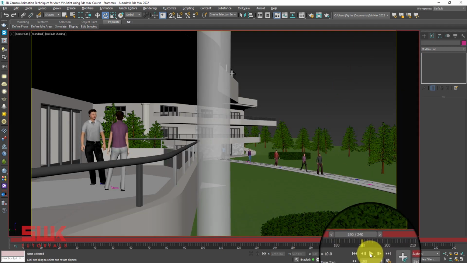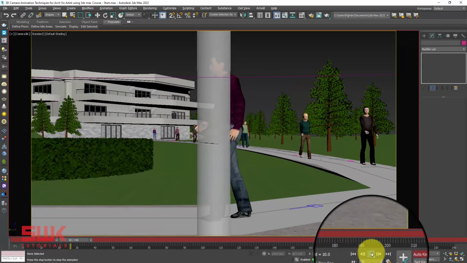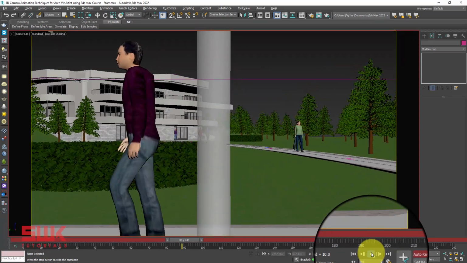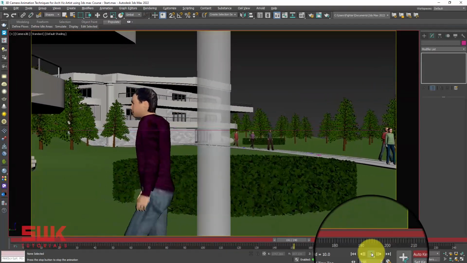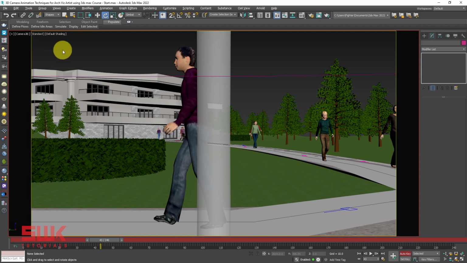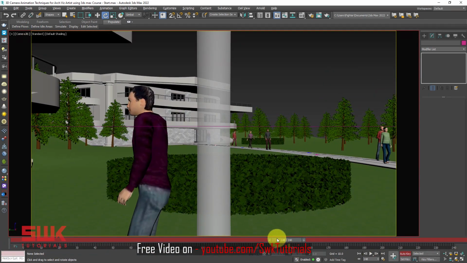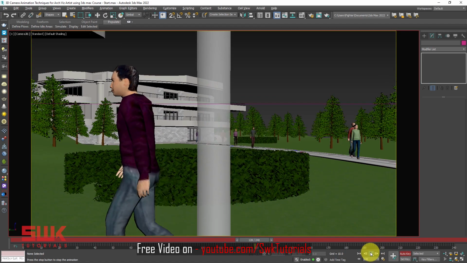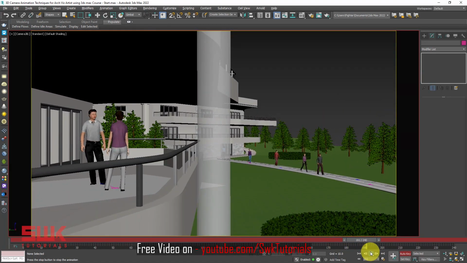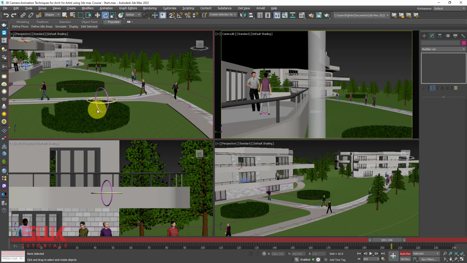Now, if I go back and play my animation, the first thing that happened is that after the 150th frame, you can see the camera animation is extremely fast. So to make it slow, we will select both the controllers that we have animated.